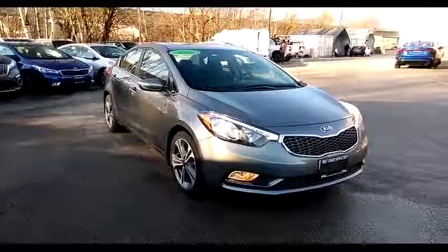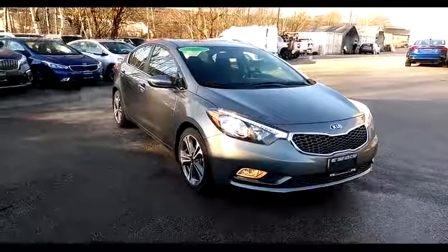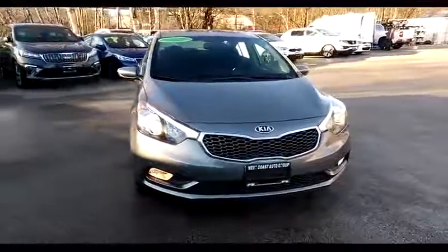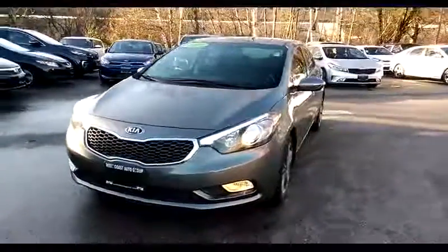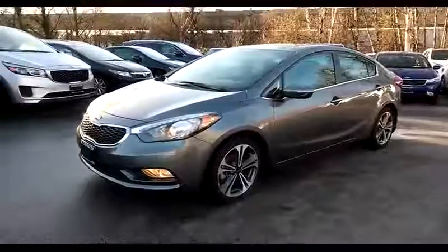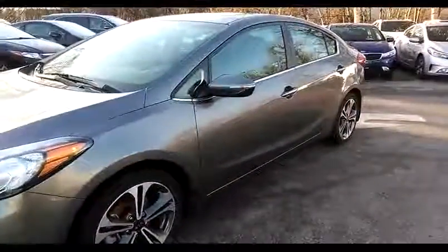Today we're looking at a 2016 Kia Forte 4. Car has signal repeaters in the mirrors, has a sunroof, has fog lights, beautiful gray color. The big green sign in the upper right hand corner of the windshield says the car is qualified under the Kia Certified Pre-Owned program. When you're here for a test drive, check out the benefits and features of that program